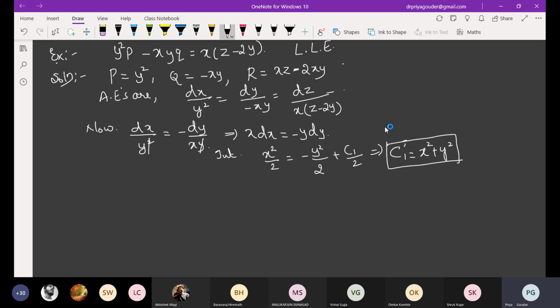Now second one. Tell me what can be done. Shall I take the first and third, or do I have to take second and third only? See, first and third will not at all give the solution, whereas second and third is going to be helpful, am I right? Y and z means what should be cancelled? X can be easily cancelled, right? But if I take first and last, you cannot get rid of y easily, because here it is y square, here it is 2y. So compulsorily for this example, you should take second and third only for the second set.